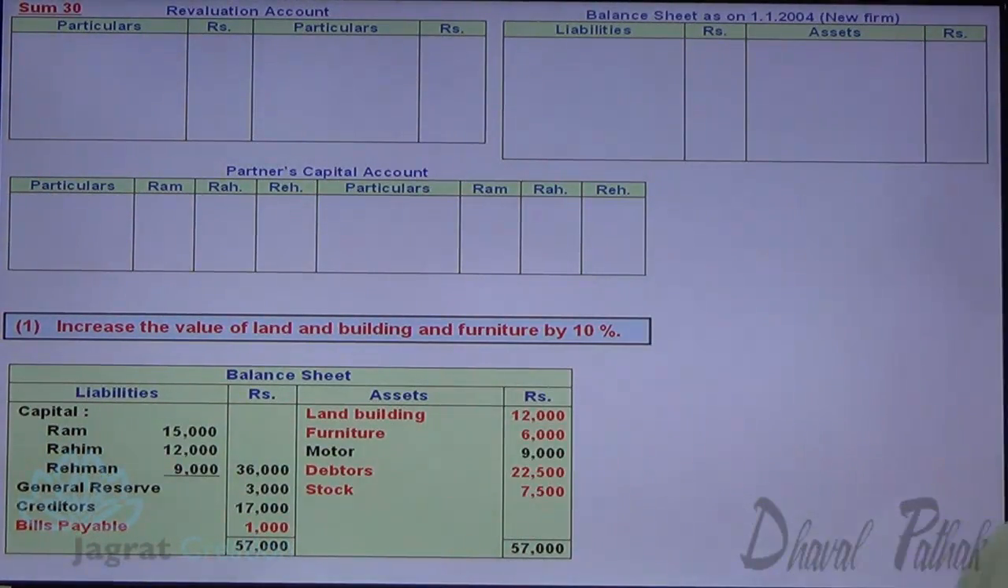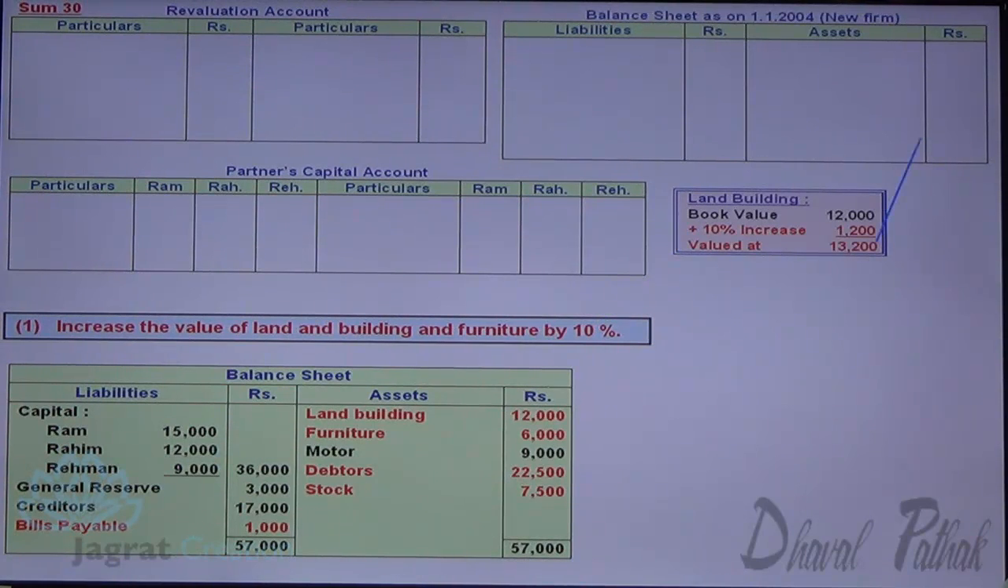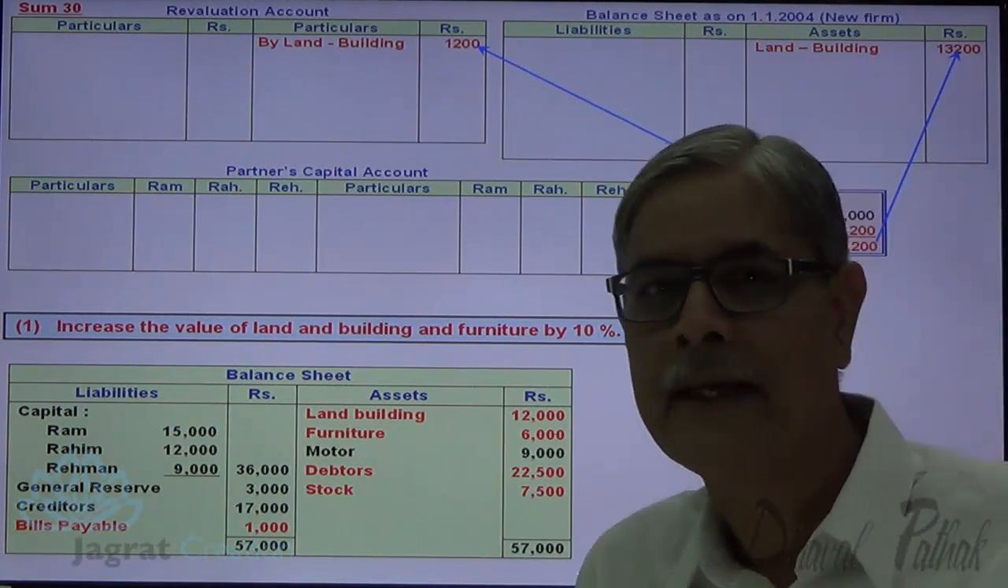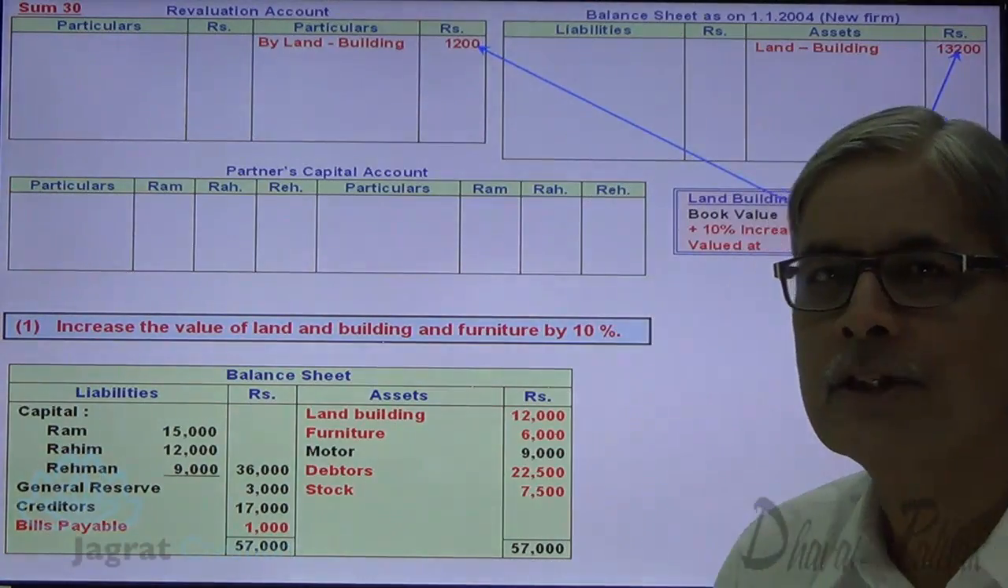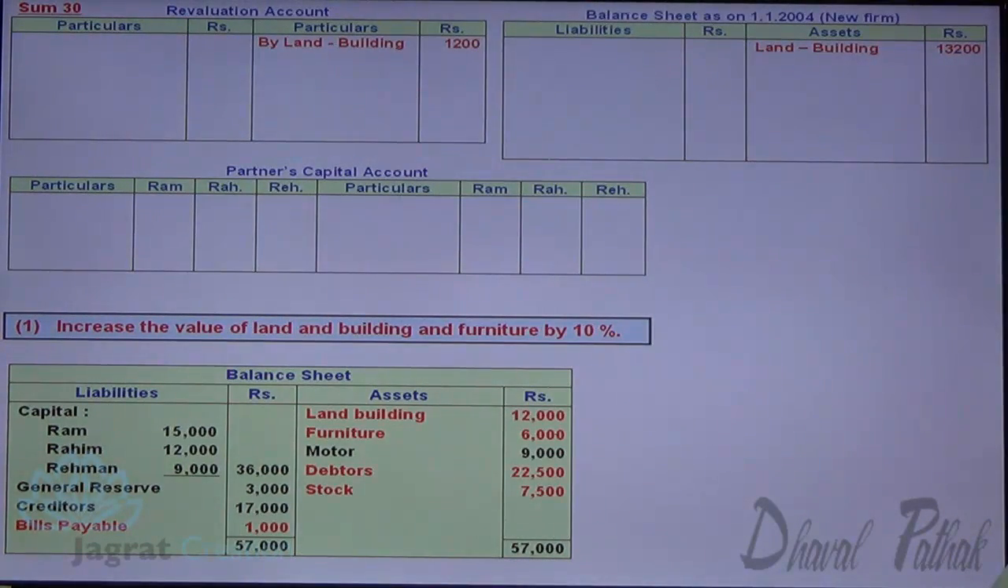Land and building 12,000. 10% increase there at 1,200. 13,200 will appear on the balance sheet asset side. And 1,200 gain credited to revaluation account. So, land and building account debit to revaluation account credit is the journal entry. Next,